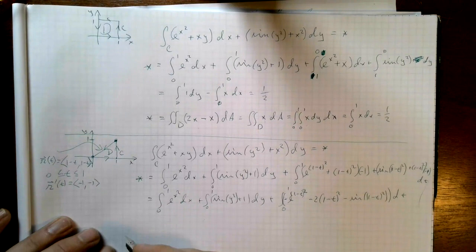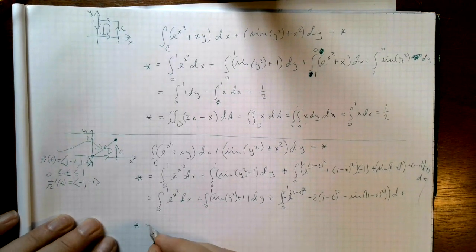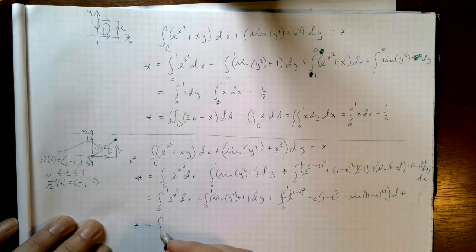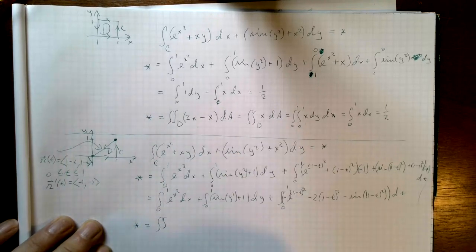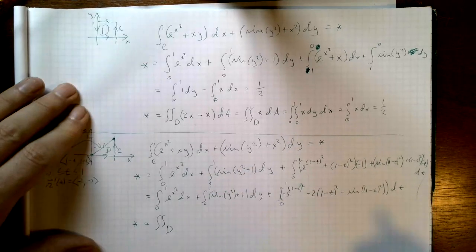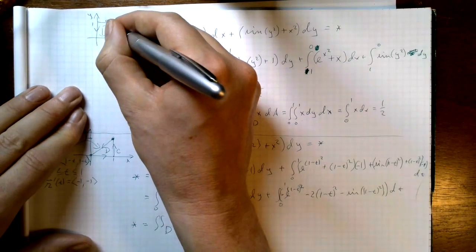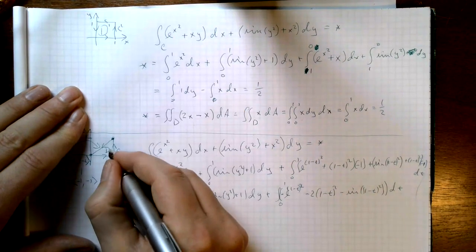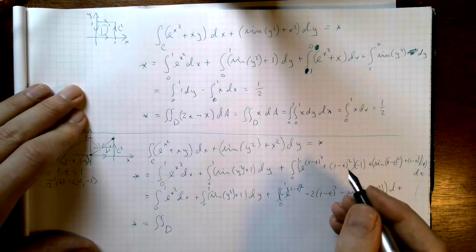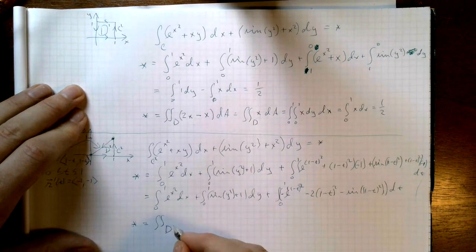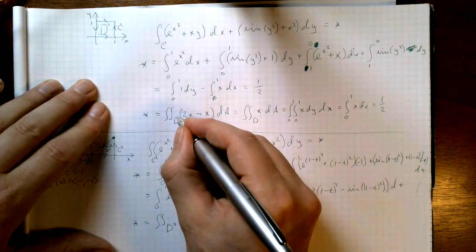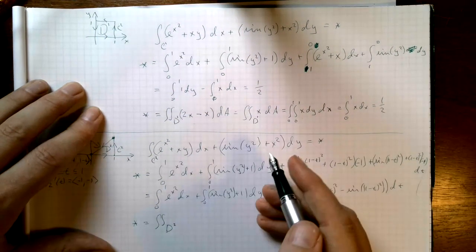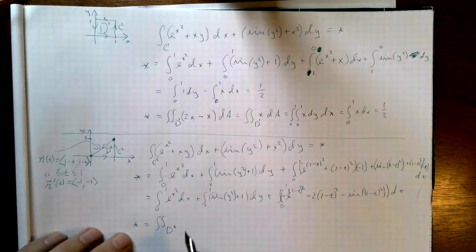But if I apply Green's theorem over this D, let me call them, just so that you know, maybe this is D1 and this is D2 and C2. So this is over C2, this is over D2, and this is C1 and this is D1, so we can differentiate them. So over D2,